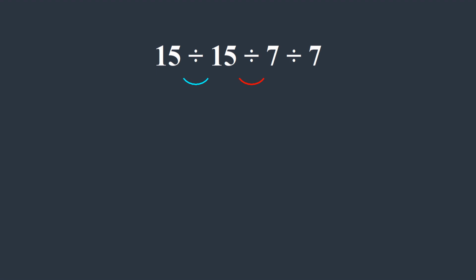division, and at last this division. So we have first this division: 15 divided by 15 equals 1. So we have 1 divided by 7 divided by 7, and we can write this part as 1 over 7